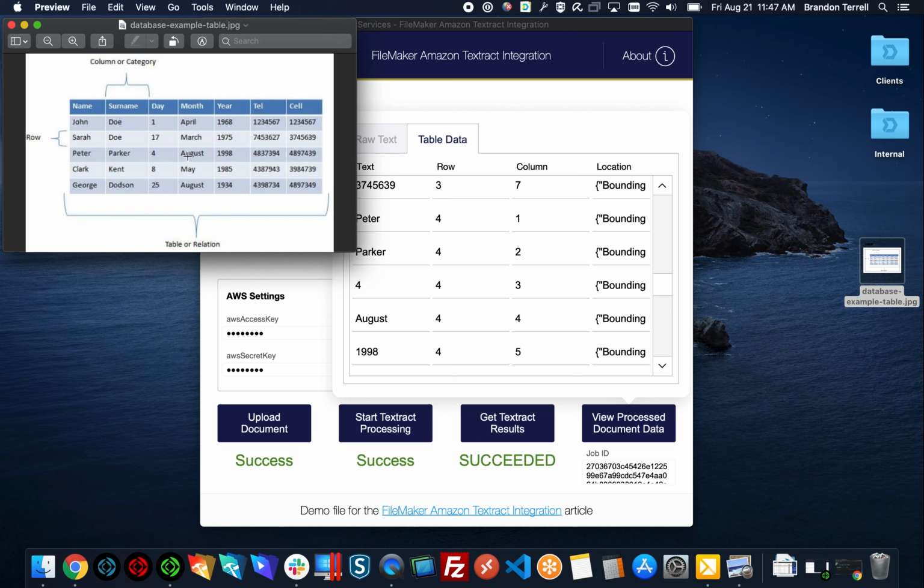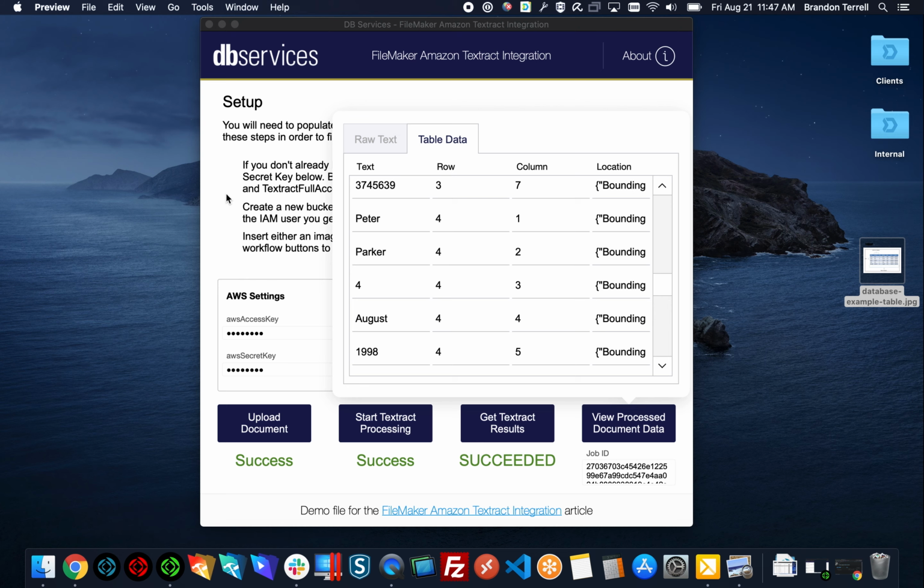So it's pretty easy. You can parse over that data and quickly and dynamically identify all the context of a table that Amazon has just given you right there. So pretty easy and straightforward. All you have to do is just be able to send those curl requests to get that process started and then parse your results. Generally, we recommend doing so by creating records, as you saw, for each of those block items. And then you can use those parent-to-child relationships, such as table to cell to word, or line to word, to identify where all of your information is.